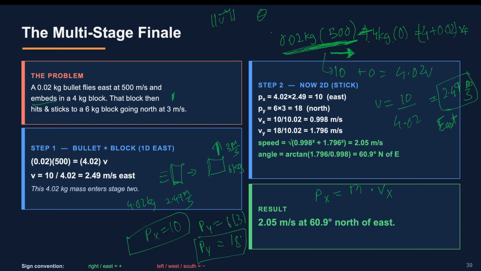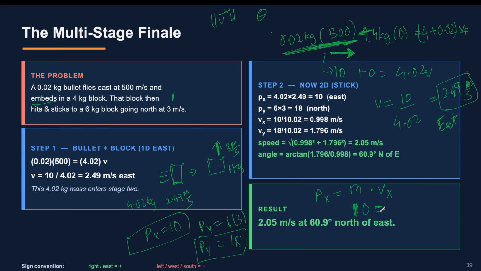Since we can assume the blocks mush together, it's like a perfectly inelastic collision. Then we know that the blocks are going to have the same total mass. So px, which should still remain 10, because px initial is px final, is equal to